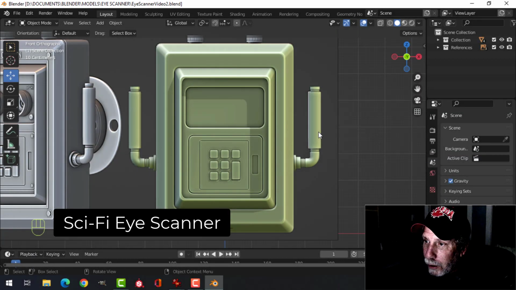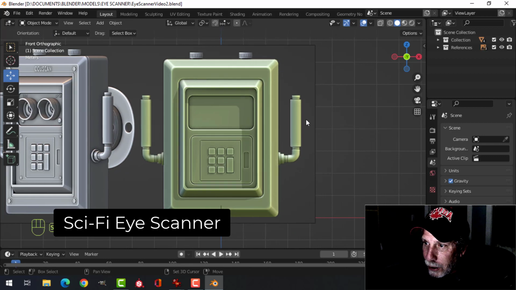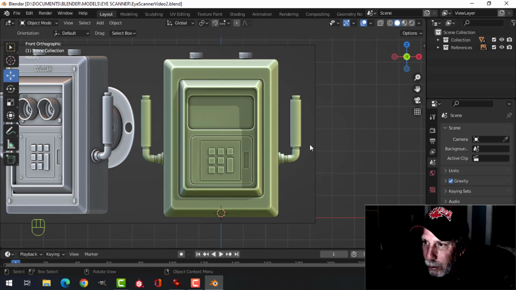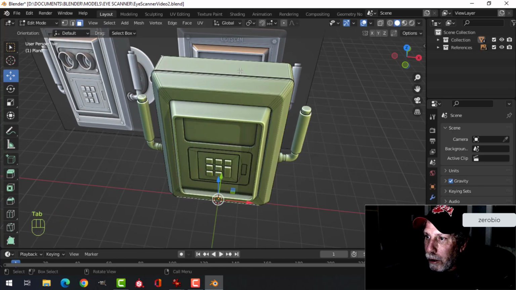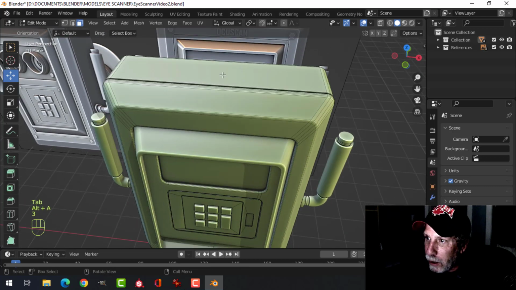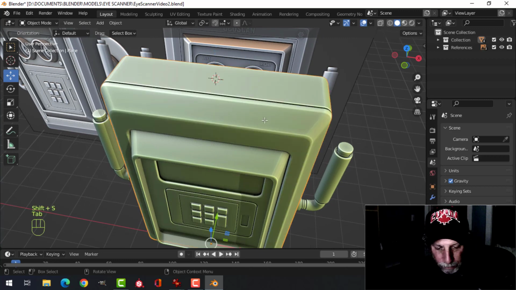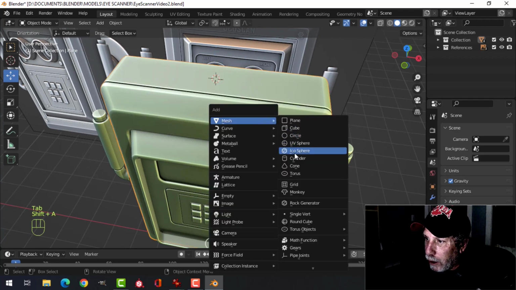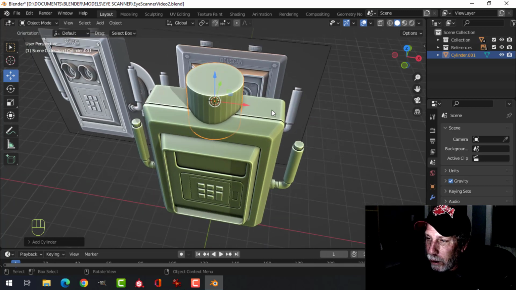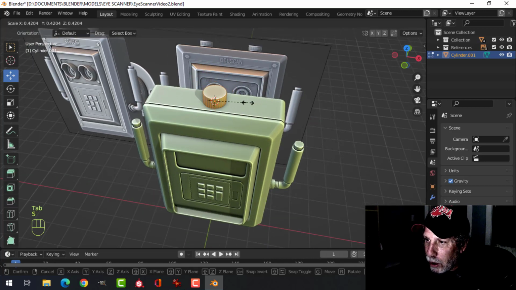Here's where we left off in part 1 of modeling this eye scanner. We still have quite a bit to do, so let's get busy for this thing. I'm going to come up to the top here, and in face selection I'm going to select there, and I'm going to bring my 3D cursor there, and I'm going to bring in a cylinder. I'm going to leave it at the default values and scale it down,